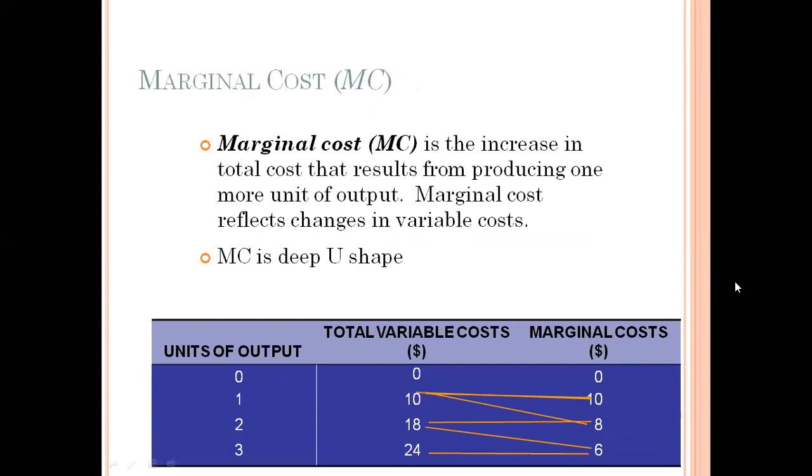Marginal cost is of course the additional cost. Additional cost means the extra cost which you have incurred for making one more unit of output. Can you tell me the formula for marginal cost? The formula for marginal cost is the addition to the variable cost, right? It is either addition to the variable cost or addition to the total cost. Basically, MC equals either change in TVC upon change in units, or change in TC upon change in units.